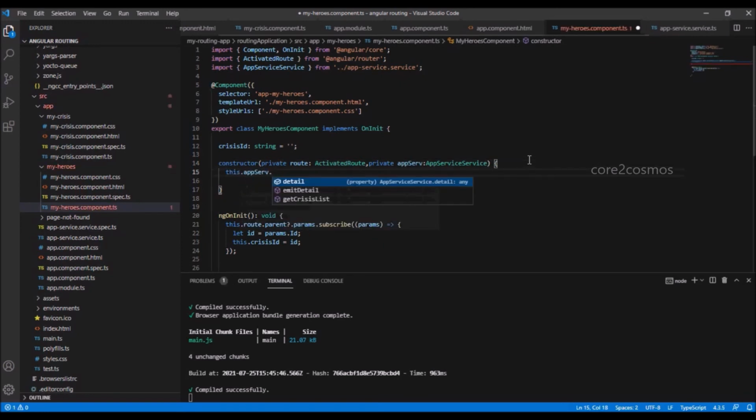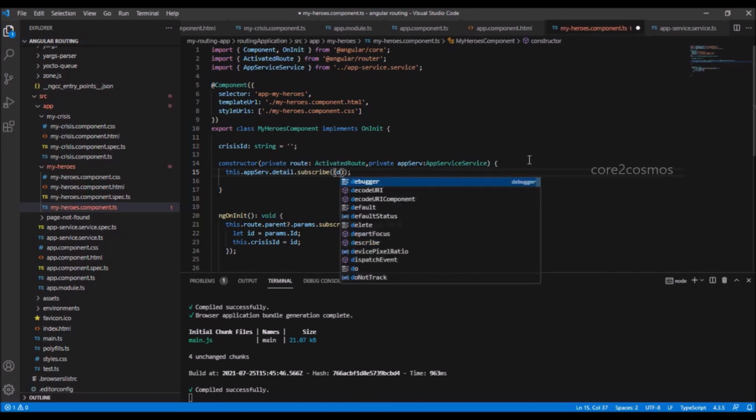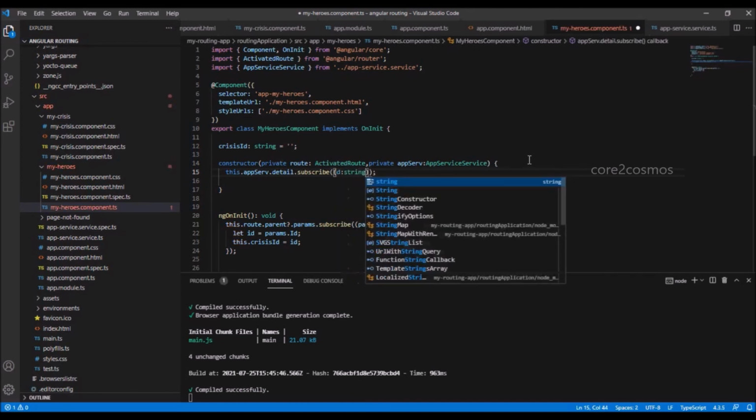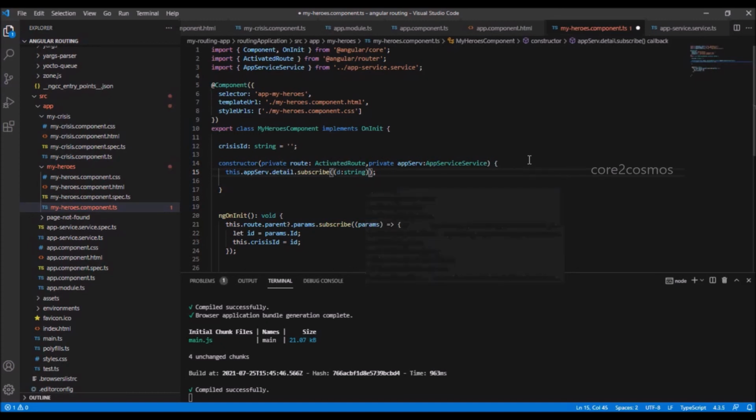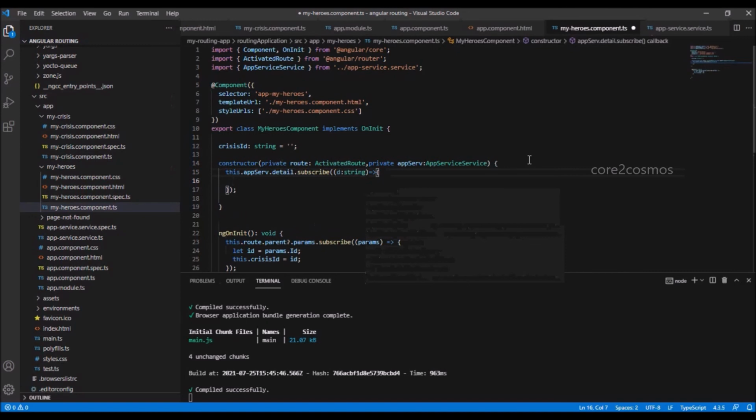In line number 15, I say this.appserv.detail.subscribe, in the same way it is going to return me a string variable. Using the arrow function at line number 16, I say console.log